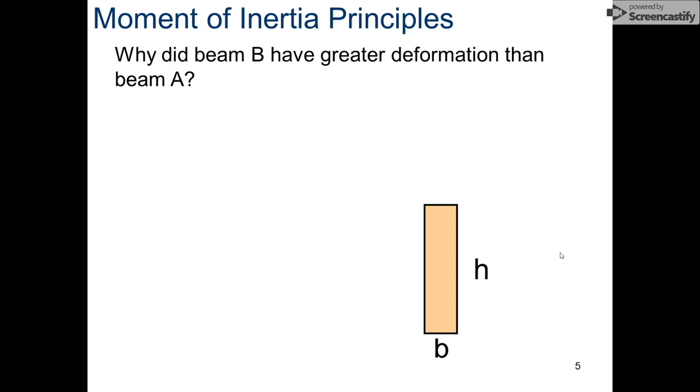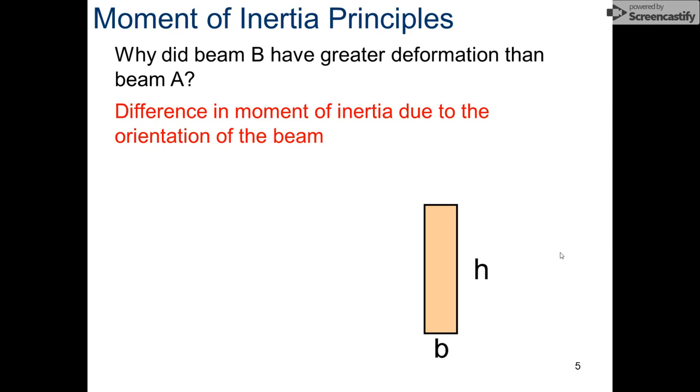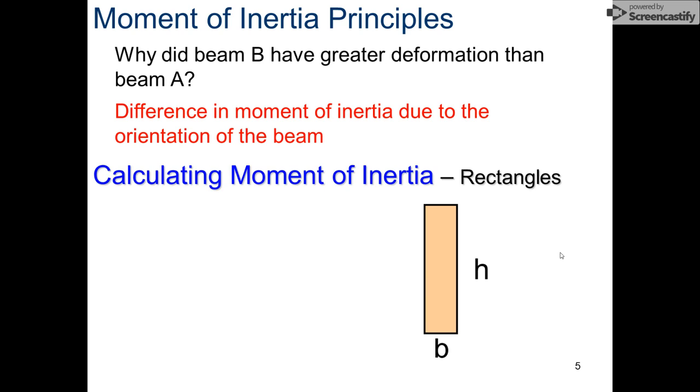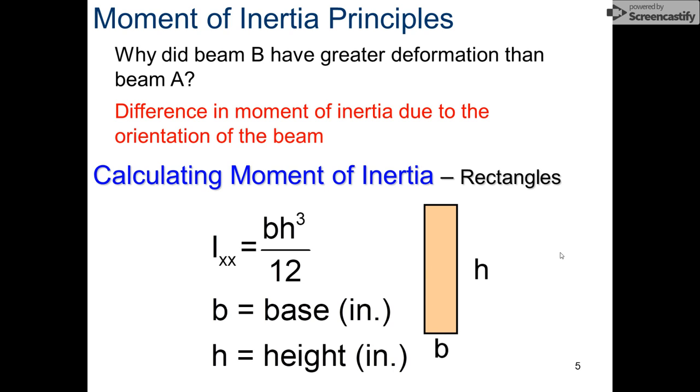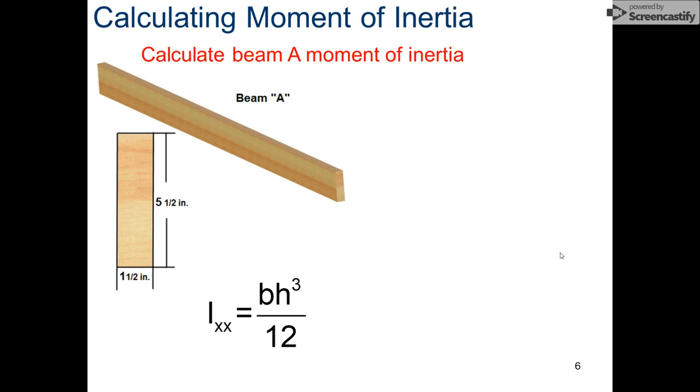So why did beam B have greater deformation than beam A? Well, we look at the moment of inertia. The difference in moment of inertia is due to the orientation of the beam. So we're going to be calculating it based on the rectangle. So the formula for moment of inertia is I is equal to base times height cubed divided by 12. Okay, so you're going to see that the moment of inertia is greater in the beam because the height was greater. As you can see right here,